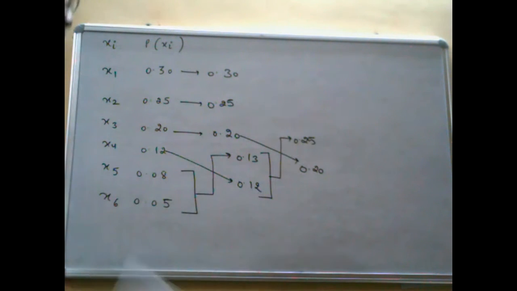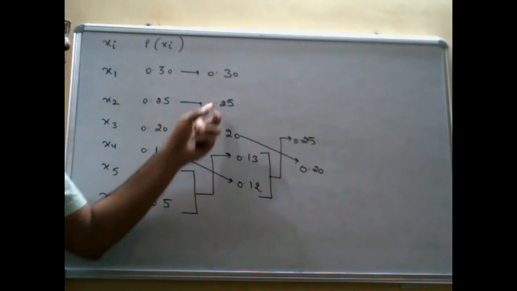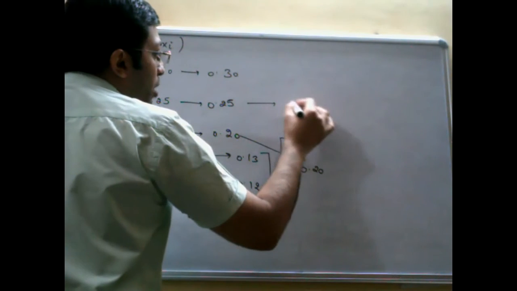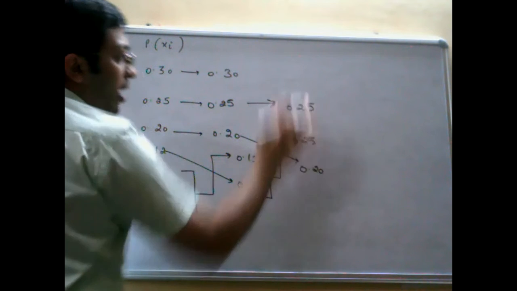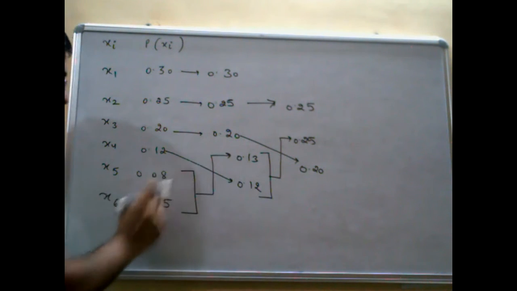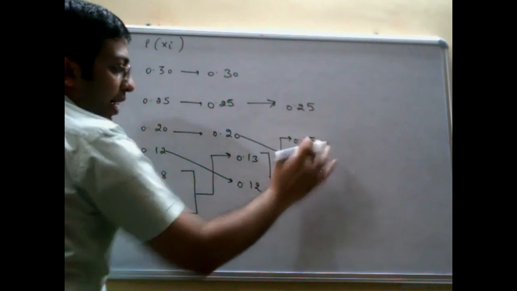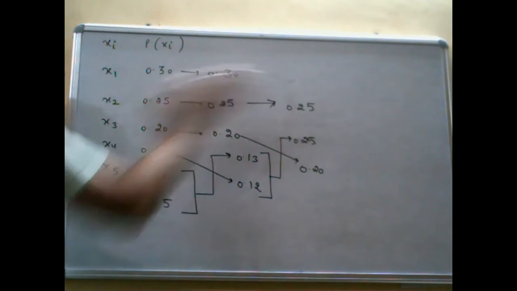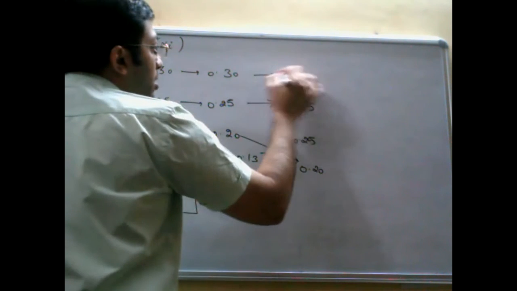Now, if you see over here, I add these two, I get 0.25. 0.25 is already there. Okay, but this 0.25 you will always keep on the top, and the result that you get you always keep at the bottom. You don't have to take it above this. In this case you were getting 0.13, which was greater than this, that is okay. Here you get 0.25, it is greater than this, so it would come above this. But if you already have 0.25, keep that in the same line and keep this below only. Okay, this is 0.30.